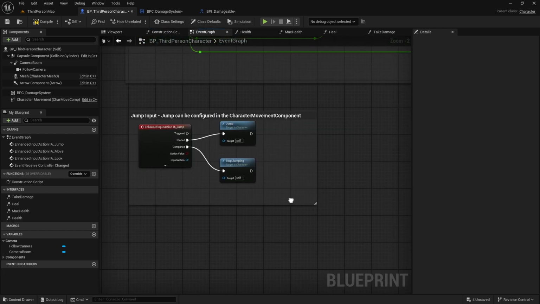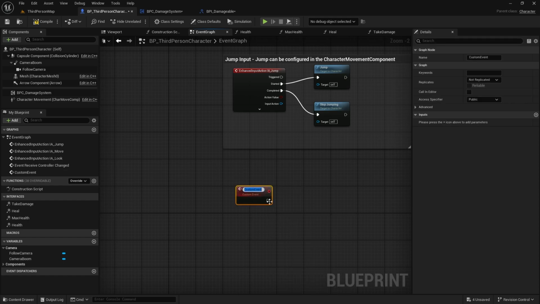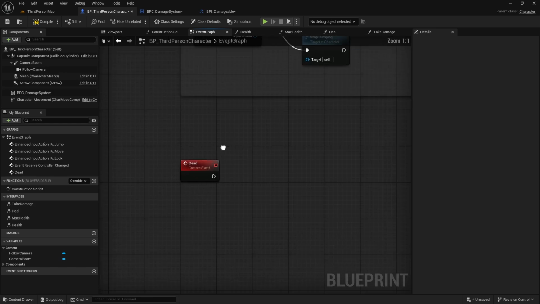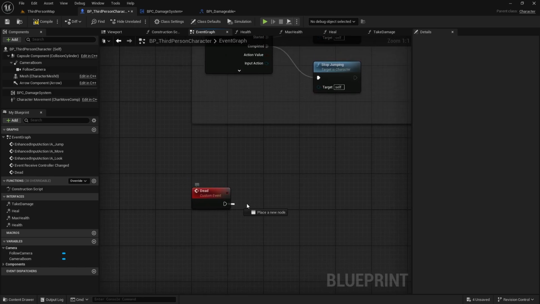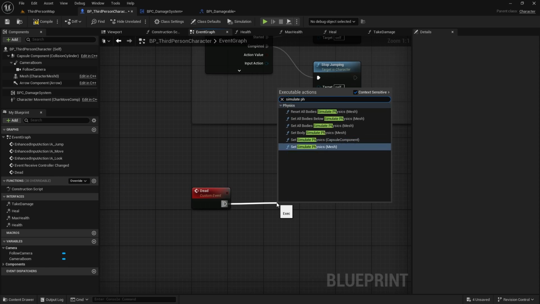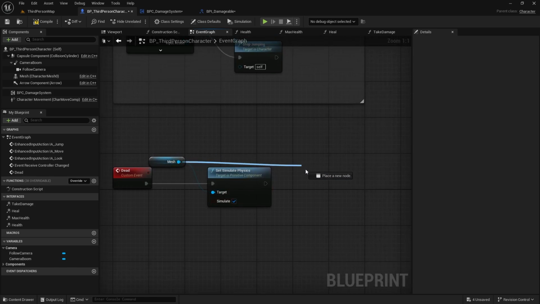So we want to go to the event graph, create a custom event called dead, and we want to make it so the character falls to the ground, and then their body can have a realistic death. I'll show you. So you want to simulate physics on the mesh, and want to click true to that,